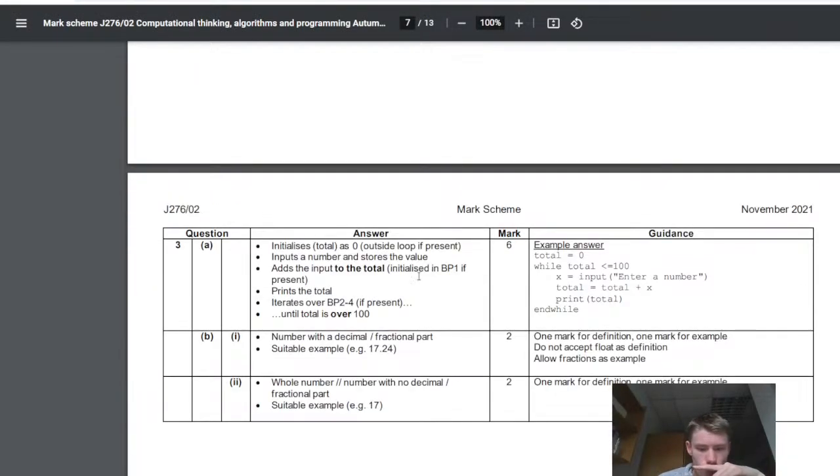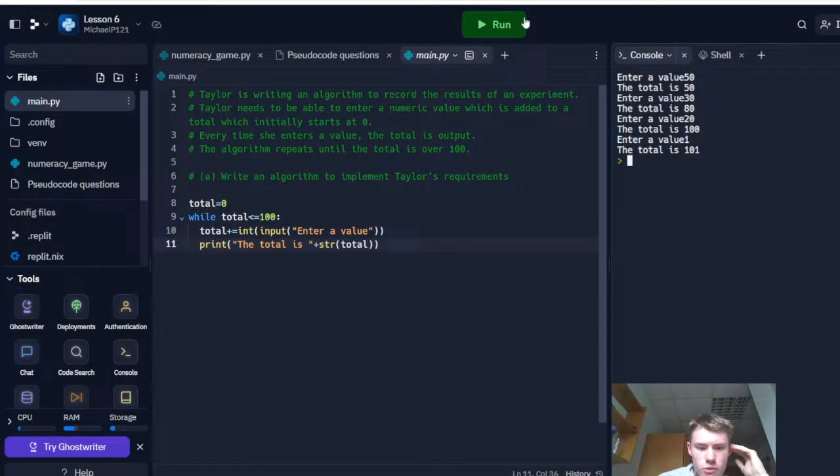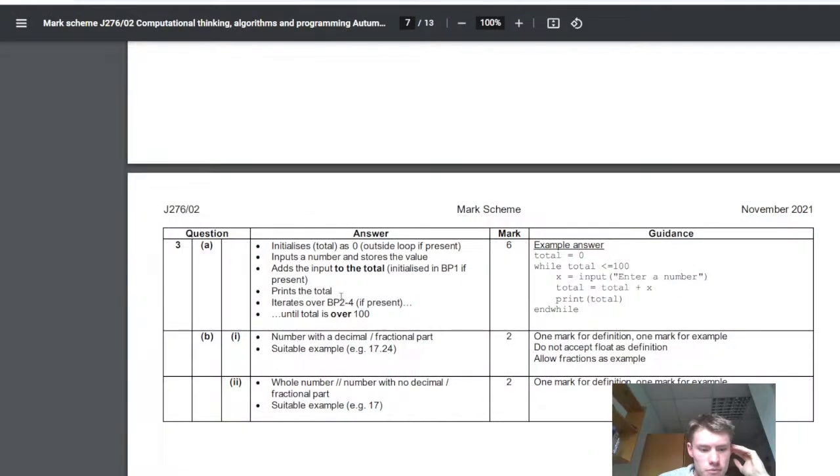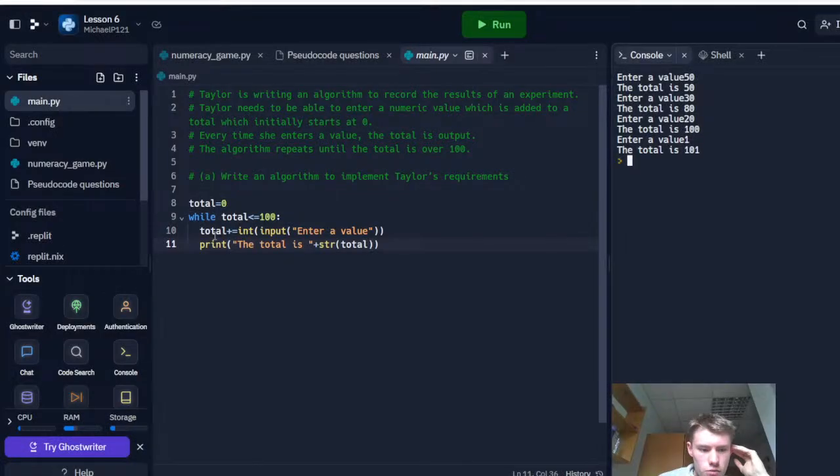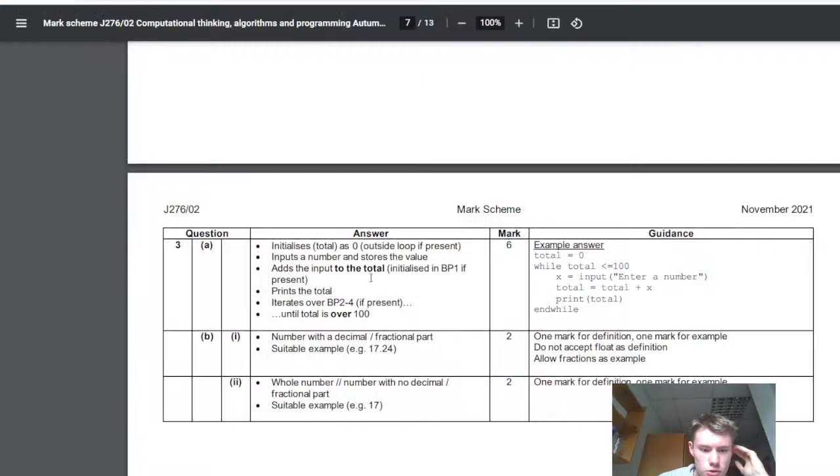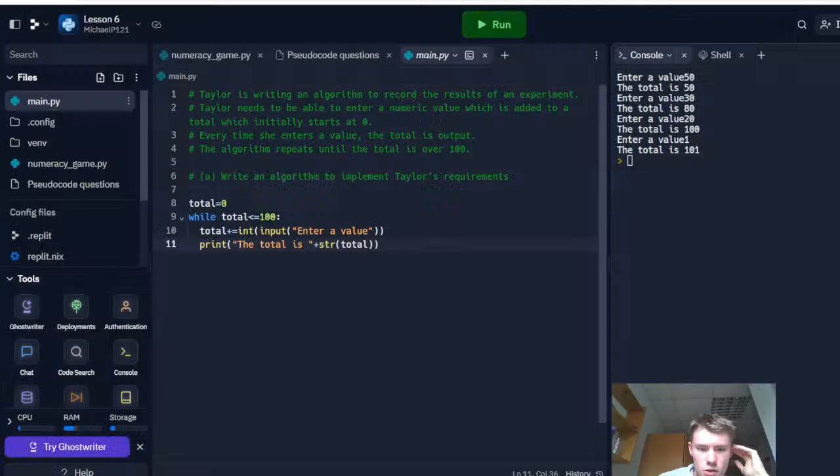So it's question 3A. We can see here it's got an example, very similar to what we had there, just written in pseudocode. So we get a mark for initializing the total as 0. We can see we've done that there. Inputs number and stores the value. Yeah, we've inputted the value, we've added it to the total. That gets us 2 marks because that's the next bullet point. We print the total,